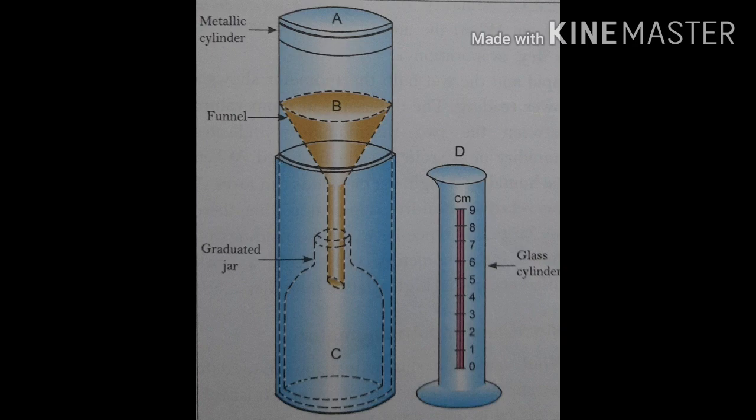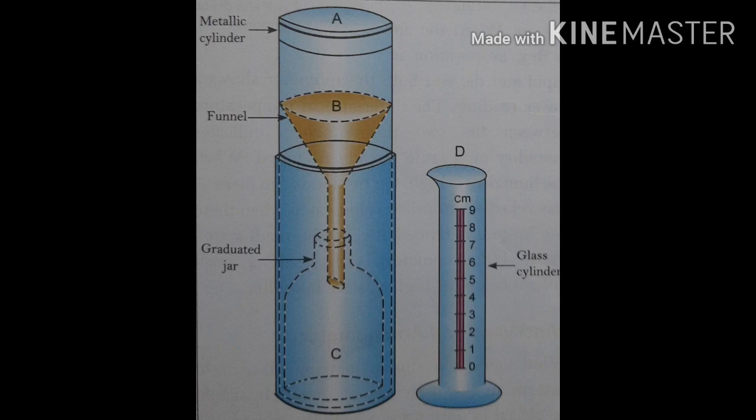The rain gauge must be placed in an open area away from trees and buildings. This we are doing to ensure that splashes of water do not cause the rain gauge to collect extra water. So the rain gauge has to be kept 30 centimeters above the ground level. Then only splashes will not enter and add extra water. Then we have to keep this instrument away from the buildings and trees.